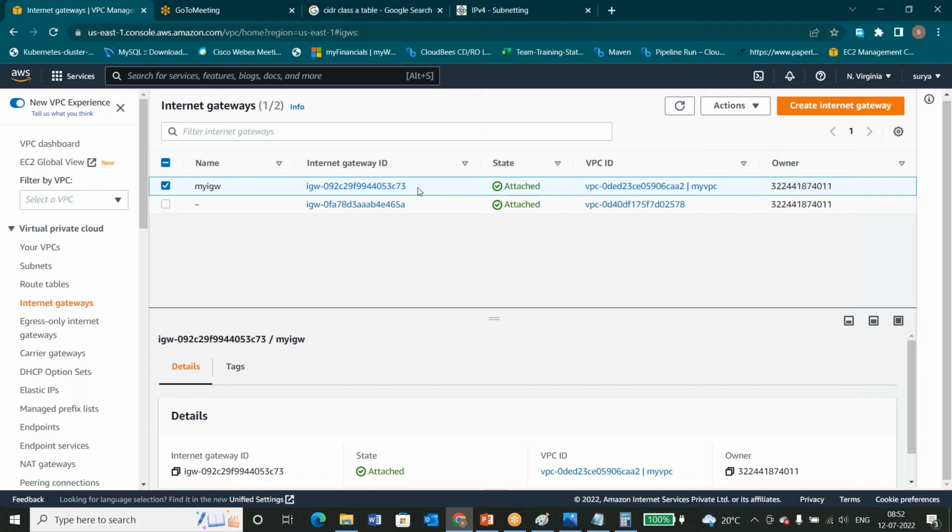Fine. And the next part that is pending is a routing table. Now, why do we require a route table? This route table will decide where the request has to be sent. For example,